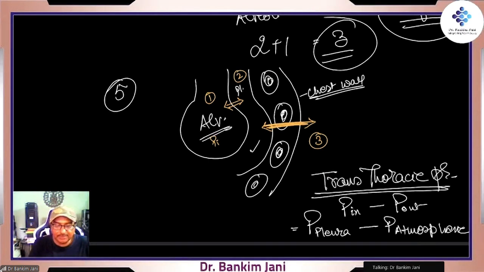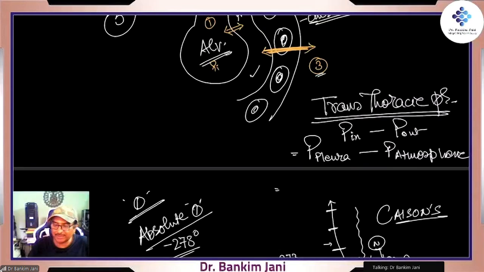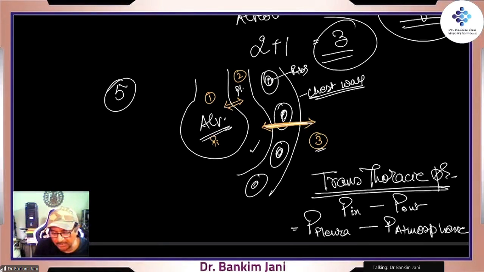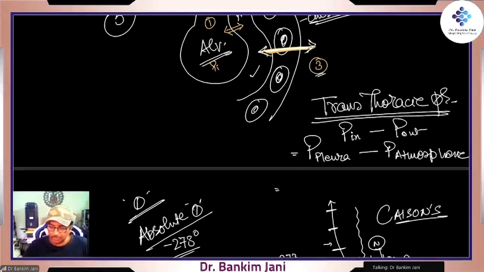Anyway, so here is the alveoli. This is 1, 2, and then there is a third pressure, which is the outside one, right? These are the ribs, the cut ends of the ribs, and this is the atmospheric pressure outside. So here it is the transthoracic pressure. This is the pressure in the pleura minus atmospheric pressure. So transthoracic means we are talking about this particular pressure, right? The pressure which is outside, in the same way, 2 minus 3.